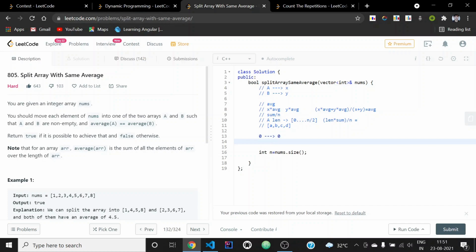I will be initializing it with this, and the rest of the others will be empty. So all the possible sums for one element will be empty, for two elements will also be empty, and we will be doing this up to n by 2 number of elements, right?